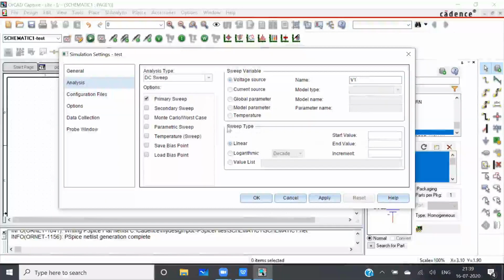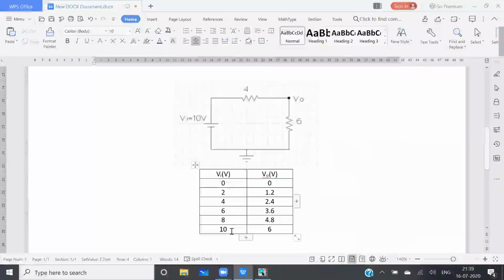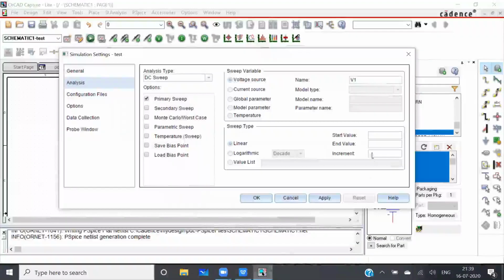Next, come to this sweep type. In this sweep type, there are three options: linear, logarithmic, value list. Most of the time, we will take this linear option, so I will select this linear option. I want to vary this from 0 volt to 10 volt. So start value, I will write as 0.